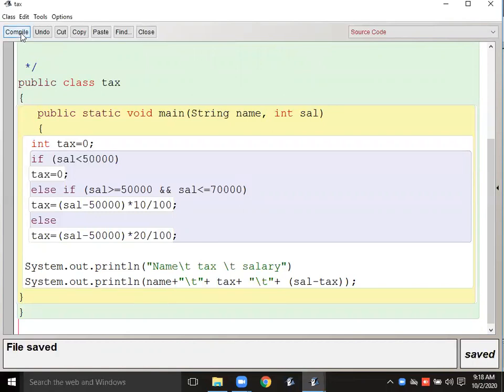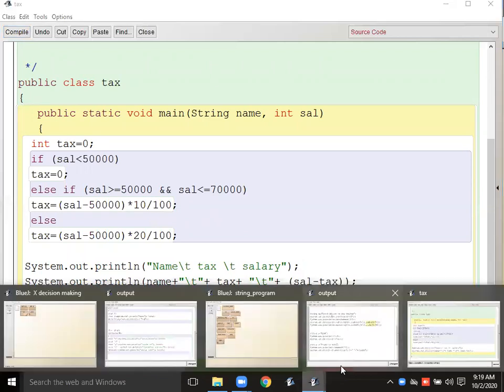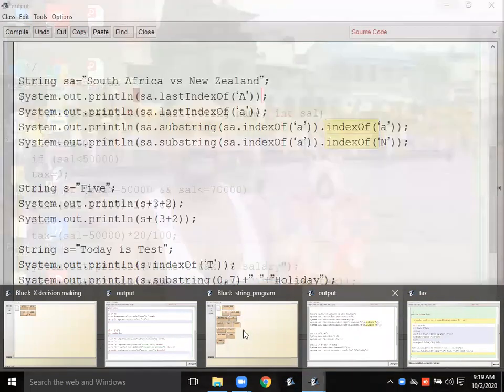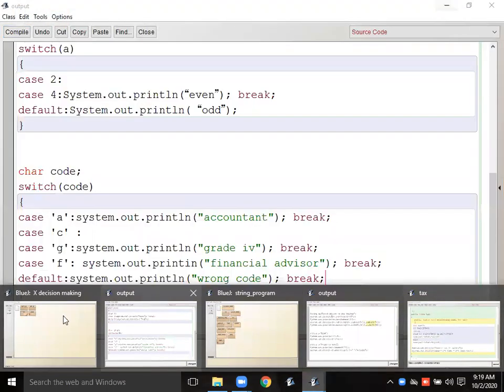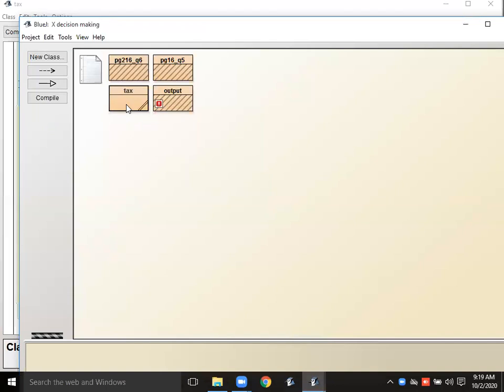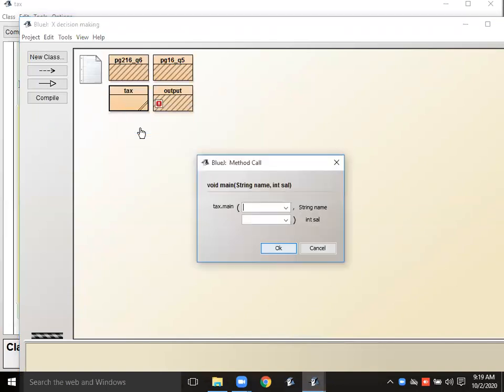Now compile it. Name, tax, semicolon. Compile, execute. Okay. If user is getting only 1,000 rupees, then no tax.